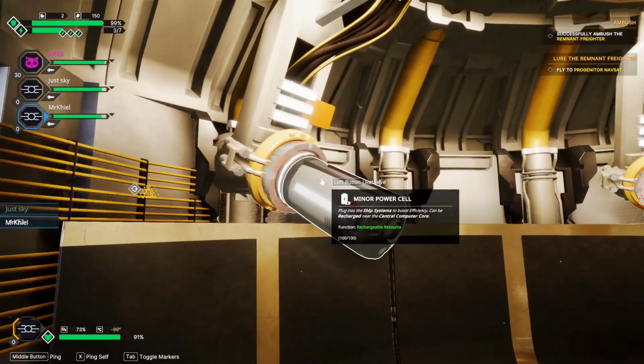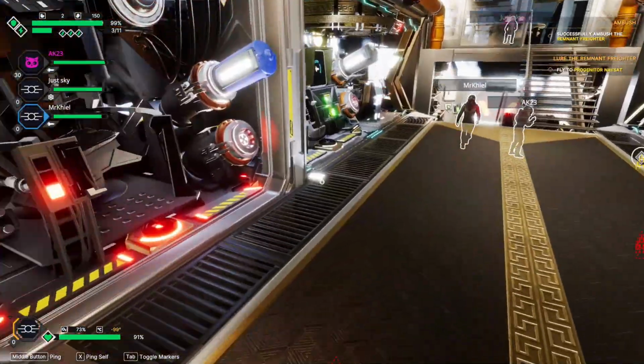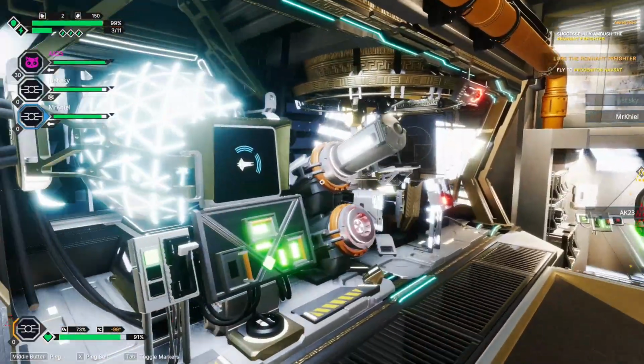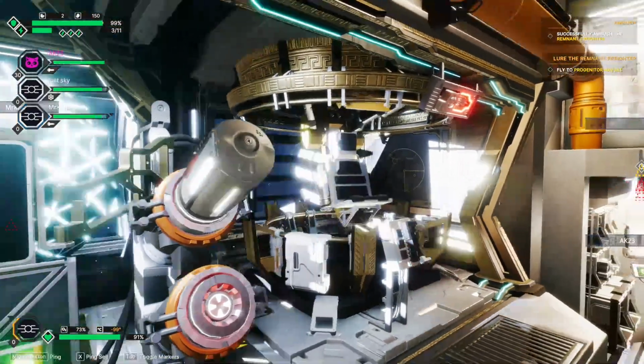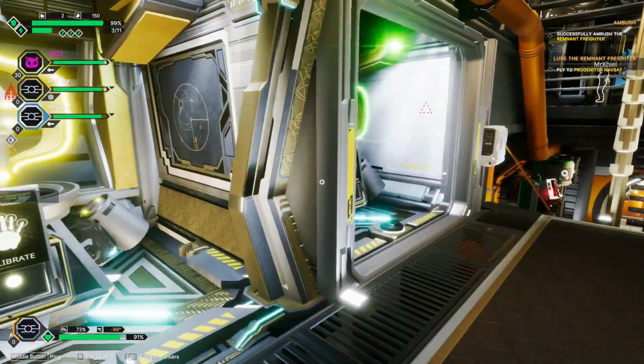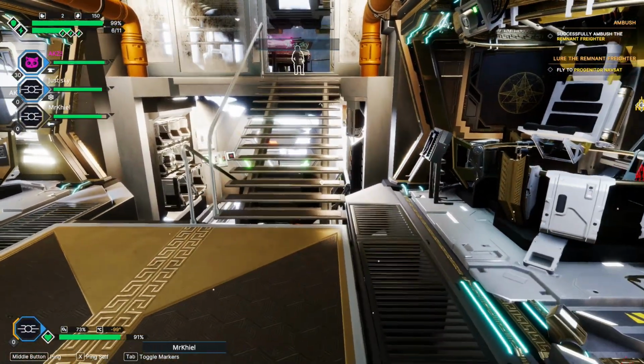Alright, I think we're good. These are like charging bays for power cells. So you see these big batteries, they have a health meter on them, or a charge meter. So when they get low, take them and plug them in. See more loot out there? Looks like the scoop picked everything up. We can still destroy